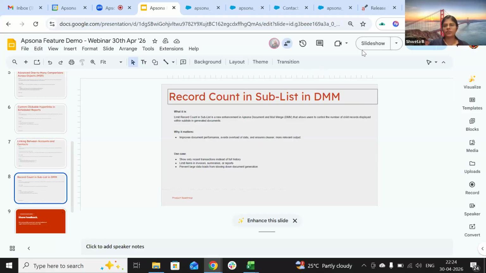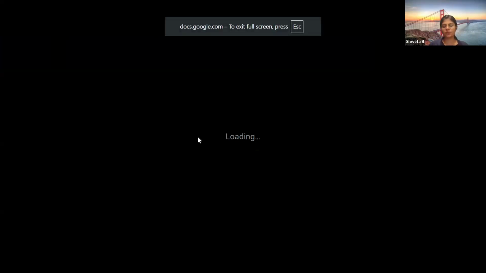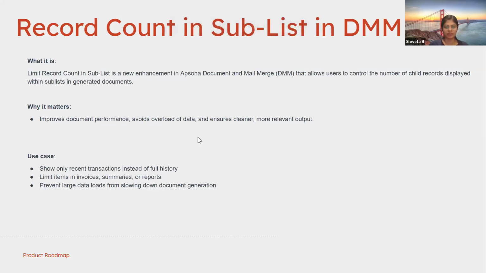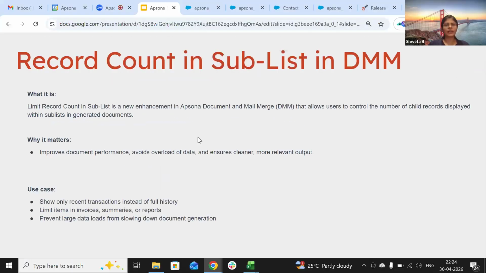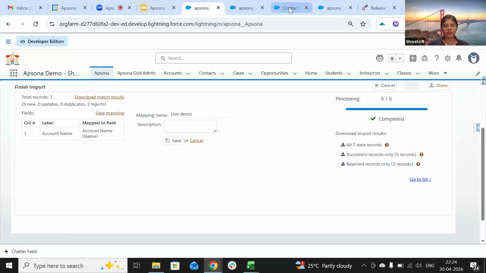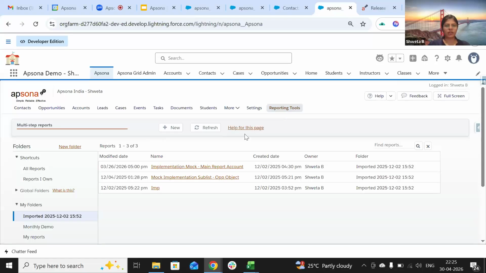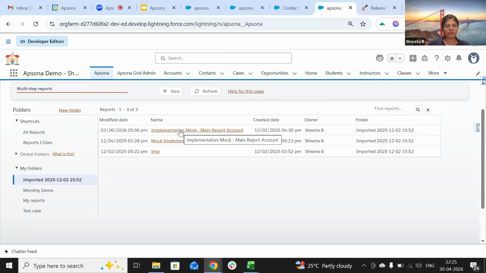So the next feature is a new feature we released recently, last month, in Apsona. Basically, you can now limit the number of sub records you can see in your sublist. So I will directly show you the demo without delay. So this is one of my opportunity, sorry, this is one of my multi-step reports. I already created a pre-built